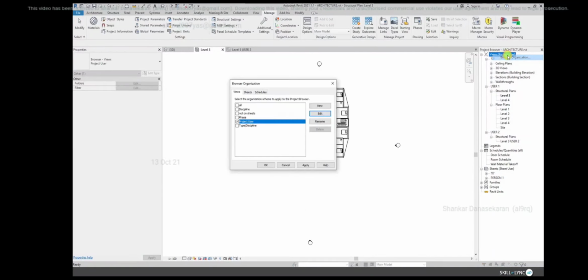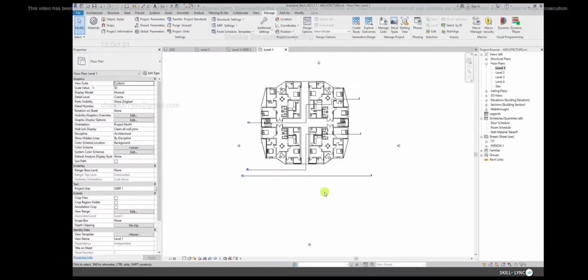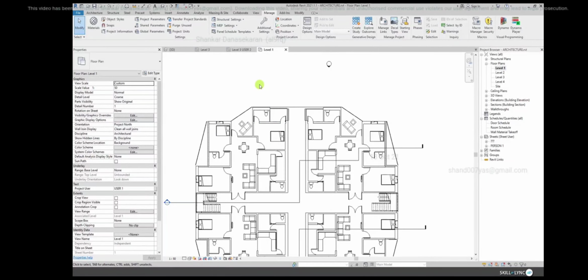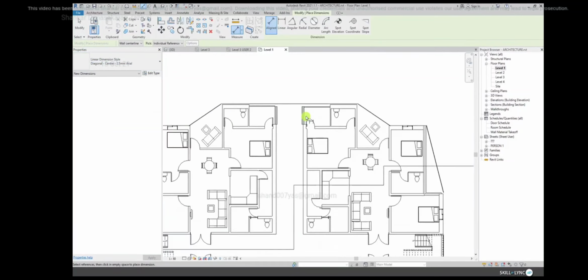Let's make it the default one. Here in the floor plan, I'm just choosing level 1. Here first we can start with dimension. There are different options available. So let's first start with creating dimension types. For adding a dimension, we have the shortcut DI. These are the default ones available. So here if I add a dimension,